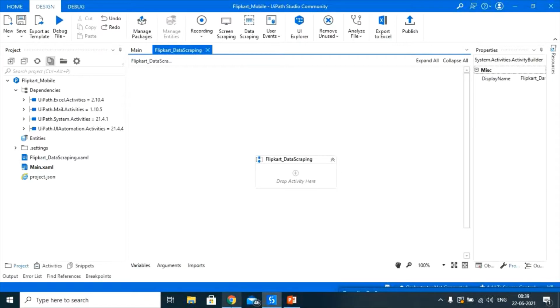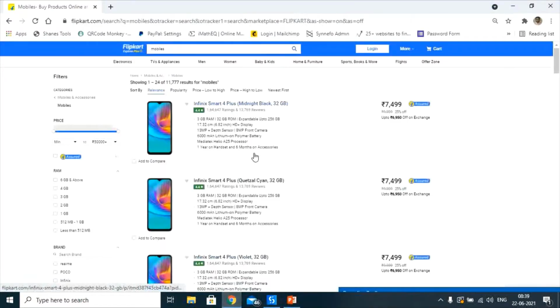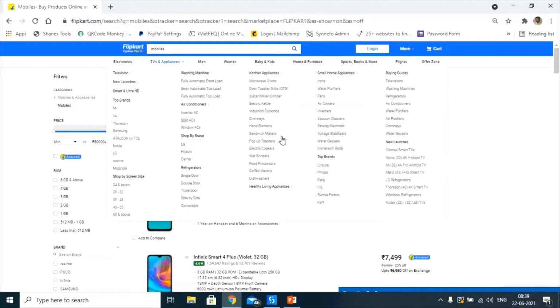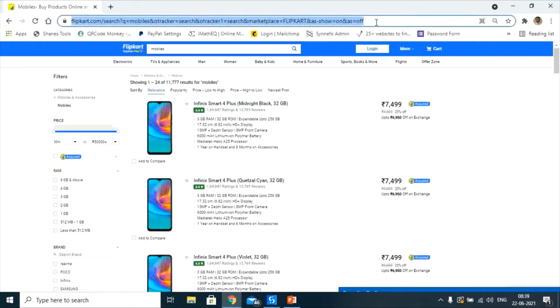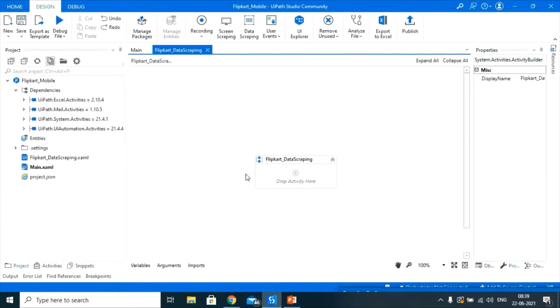First, let's go to the Flipkart site. So this is the site from where I'm going to extract the entire data. Let's say I want the data related to the name of the mobile, the prices, some discount prices, the discount or the offer which is going on in the Flipkart site. First and foremost, just copy this, since first we should make our robot navigate to this particular location. Copy that one, go to your main dashboard where you are executing your projects.